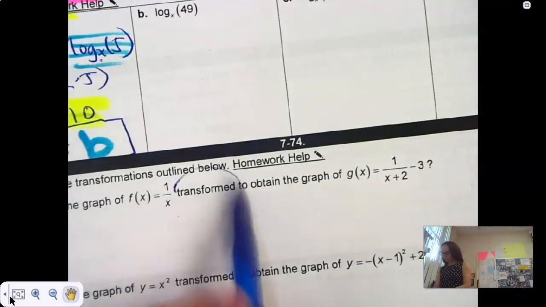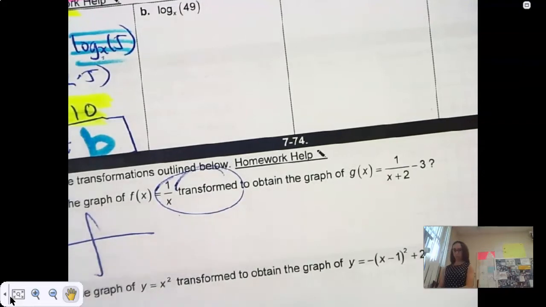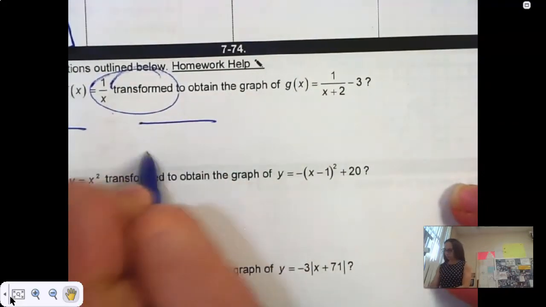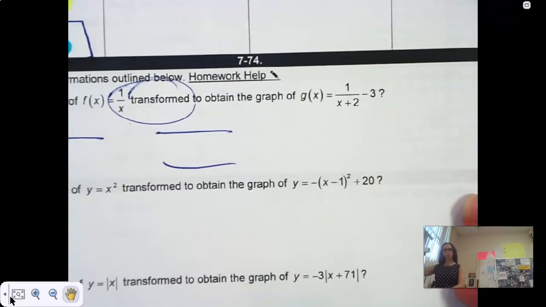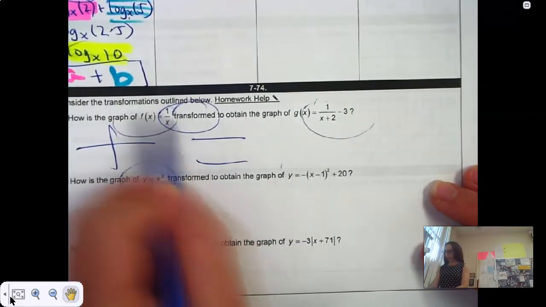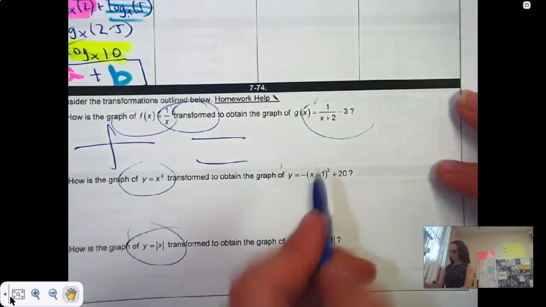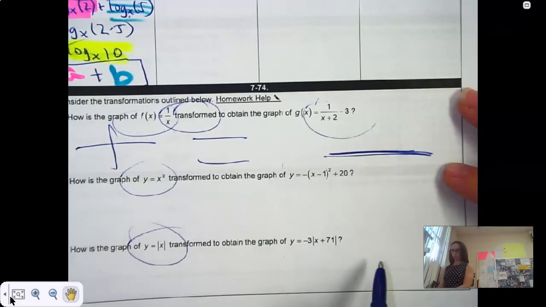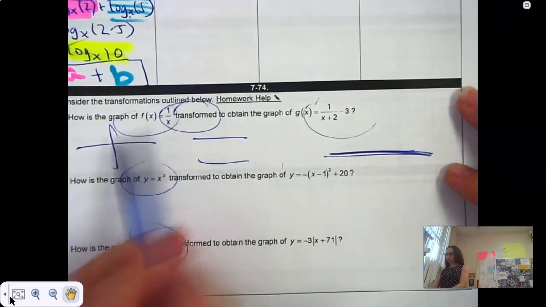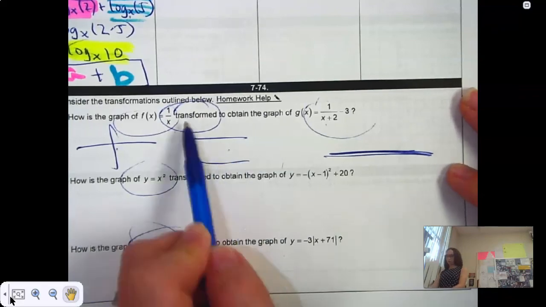All right. They want to know transformations. You guys know transformations. So what I need you to do is draw a rough sketch and then state the transformations. Okay? So you should know the shape based on how the parent function looks. Okay? All right? You know what? Actually, I also want you to name it. Okay? Also name it. So draw a rough sketch. It shouldn't take you very long. And then state the transformations and then name the type of